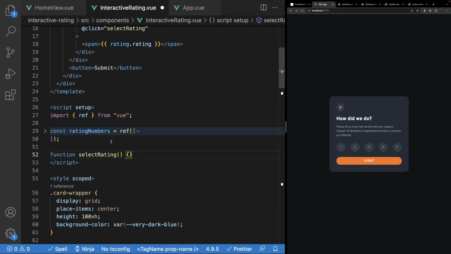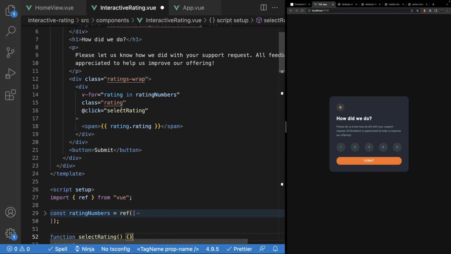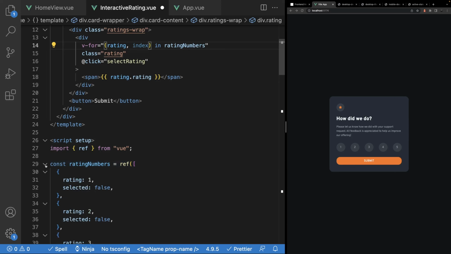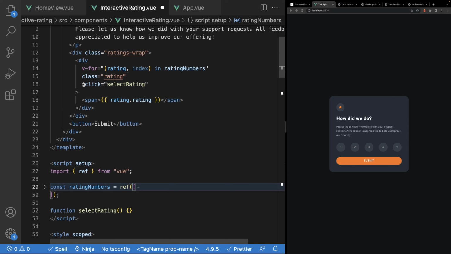Now we need to get a reference to which rating we're selecting. And the easiest way to do this, in my opinion, is with Vue, we can actually get a reference to an index on that particular iteration that it's going over. So for example, if we pass an index param here, for the very first one, the index is going to be 0, which we can then reference the first value of our array if we have chosen it, if that makes sense. So what we can do in our function is pass a param, and we can say index. So if we click the second one, the index should be 1,